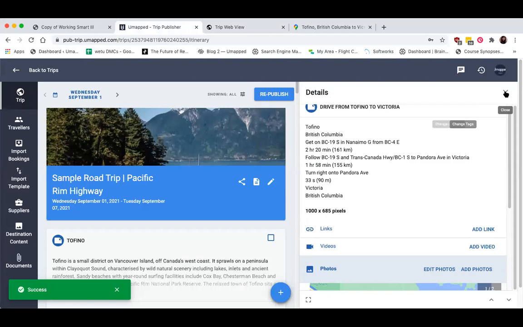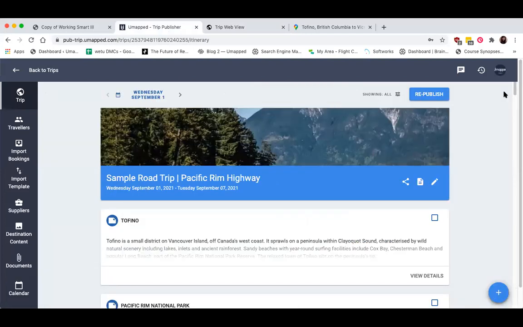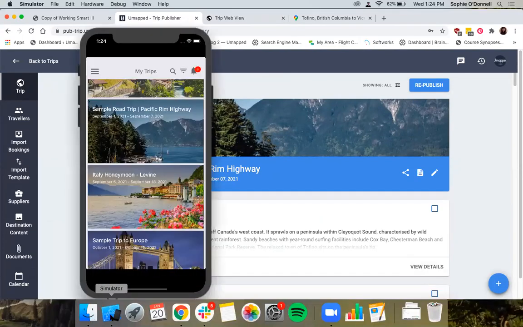Okay. So if your travelers are going to be on a road trip that involves little to no Wi-Fi or data, we highly recommend that they download the Umapped mobile app, which I will just pull up right here. Your clients have the option to download the Umapped mobile app from either the App Store or the Google Play Store so that they can view their trips on their smartphones while they're on the go or in destination. One of the great benefits of the mobile app is that these kinds of trip details are available even when your client's phone is offline.